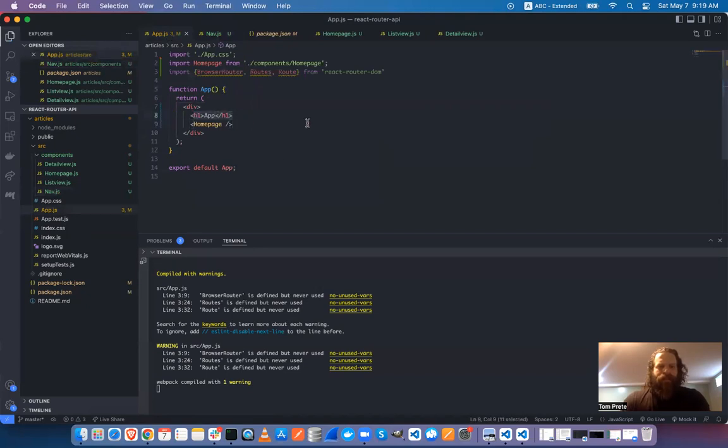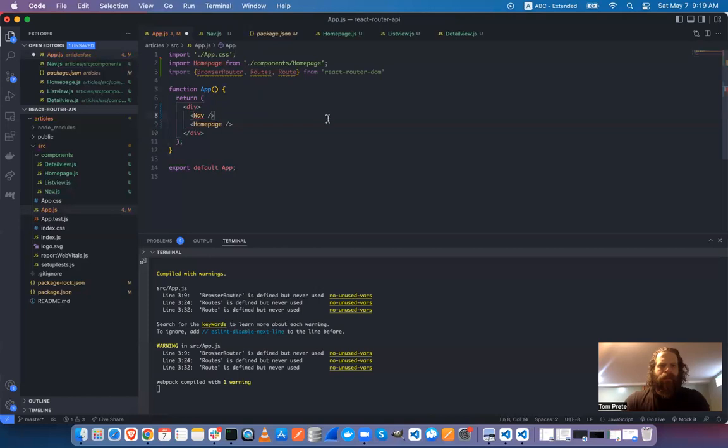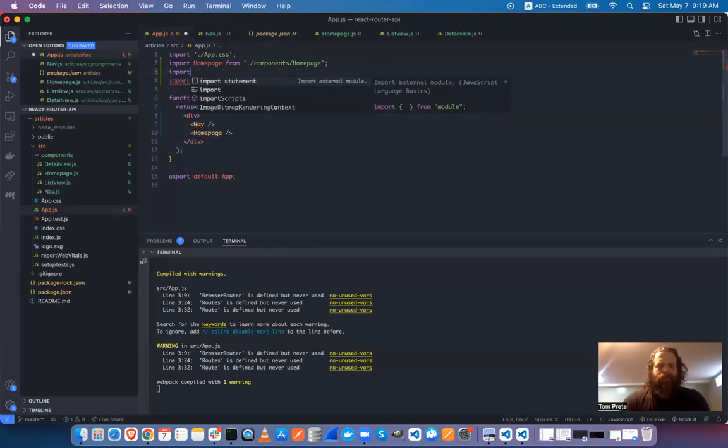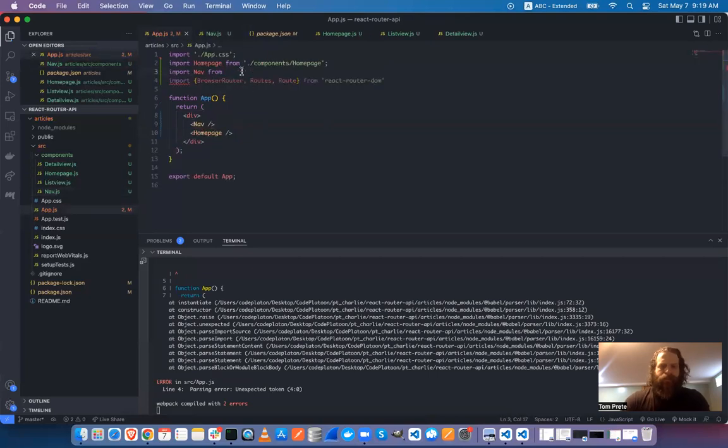Okay, so instead of that, I'm going to render the nav component. I have to import that. Did I not export this? I did. Okay, from